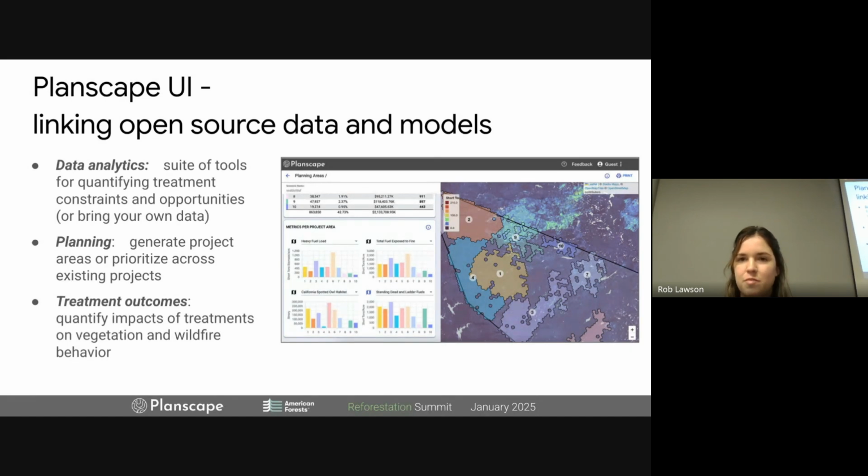to get risk management information, and then to plan and generate project areas or prioritize across existing projects, and then to look at potential treatment outcomes. And then there's also sort of a feedback there of looking at the treatment outcomes and then planning based on potential outcomes. And so from the data and modeling side, what I see as the three main thrusts of Planscape and how we want to orient